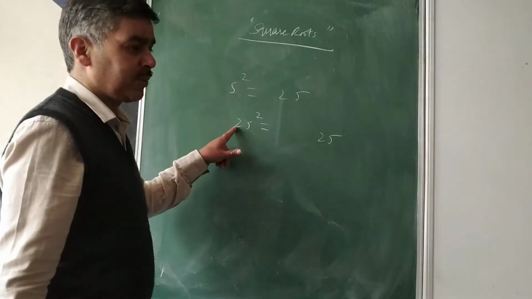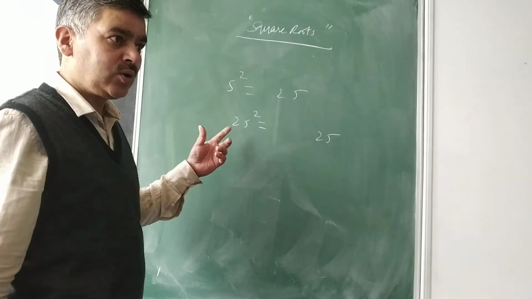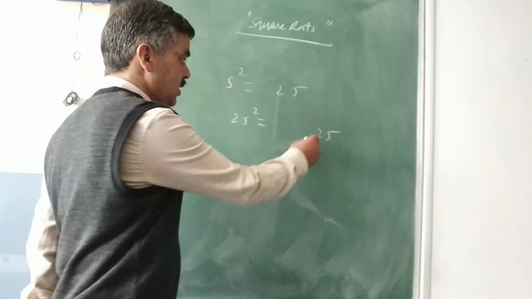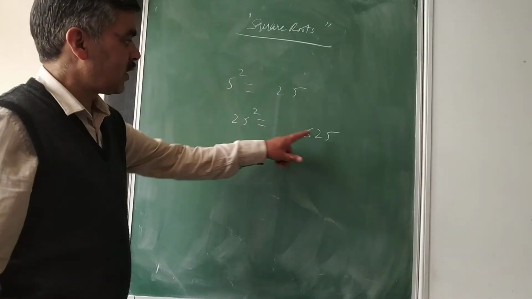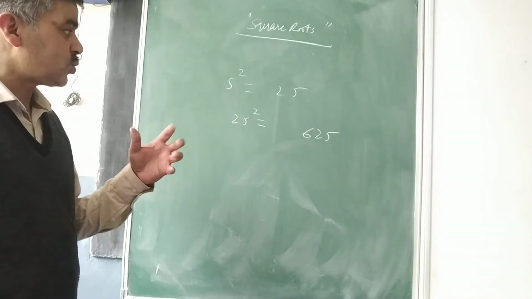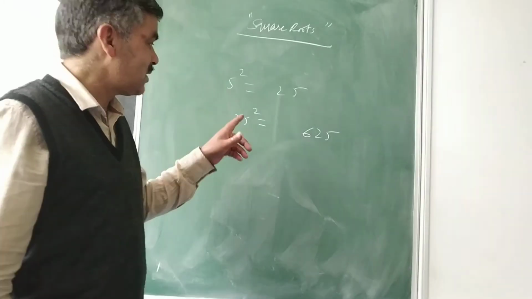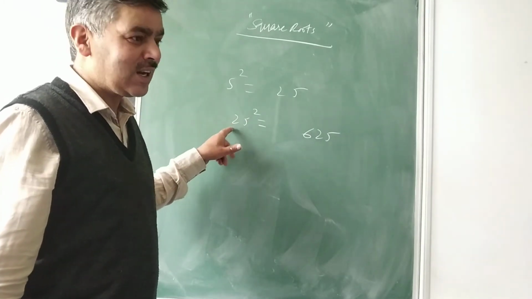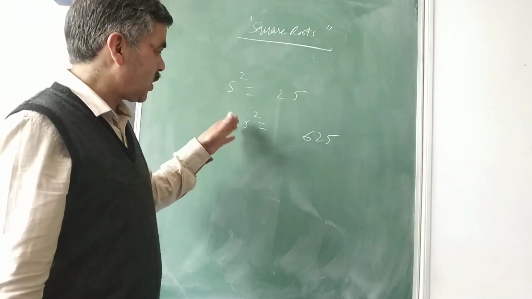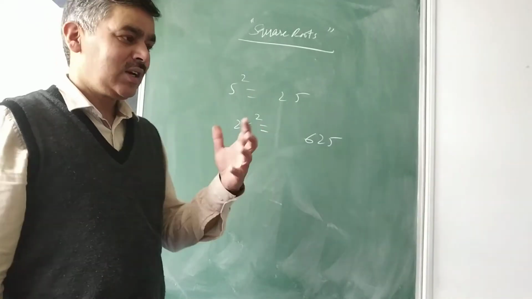Now 1 more than the predecessor. What is there before 5? That is 2. Add 1 to that. 2 plus 1 is equal to 3, and multiply both. 3 2s are 6 right here. So your square of 25 will be equal to 625. In Vedic mathematics, this sutra was called Ekadhikena Purvena. Ekadhikena Purvena means कि जो 5 से पहले लिखा है उसमें एकाधिकेन मीन्स एक अधिक कर दो, एक जोड़ दो, और उनको क्या करो? मल्टीप्लाई करो और वो 25 के साथ लिख दो. That was in Vedic mathematics.